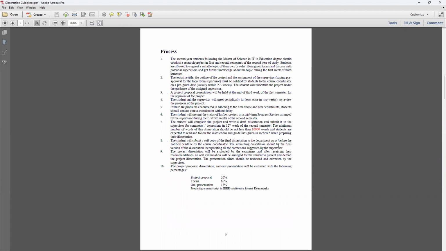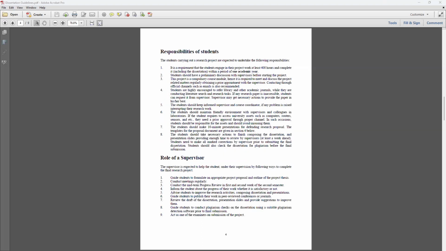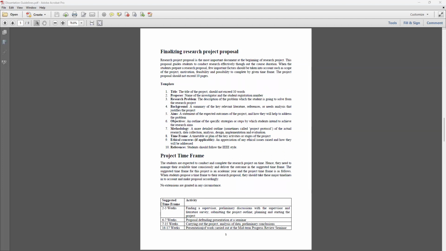So currently you are at the very beginning, though it is saying usually within 2 to 3 weeks at the beginning of the semester, because we have already passed nearly 3 weeks or almost 4 weeks of this semester. So let's mark today's day as the 0th week, and then let's proceed with the timelines from this week onwards.